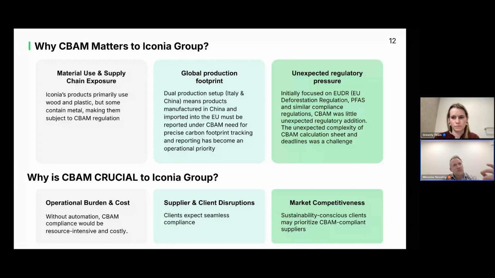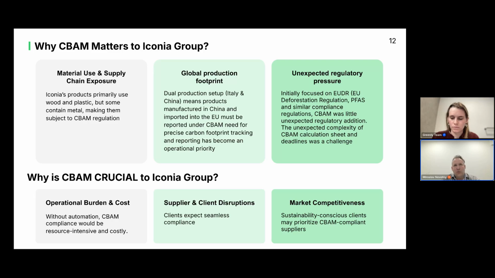Yeah. Because the resources we needed to spend in the first quarter were very big. We had a lot of issues like timing, etc., to handle the deadlines. It's very important that at some point you have some kind of automatization in your process so that you can give your customers the data very fast and correct.